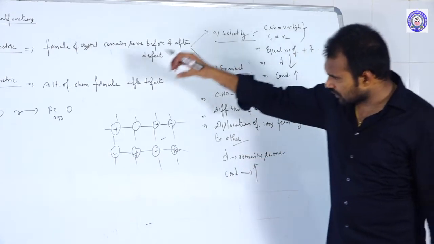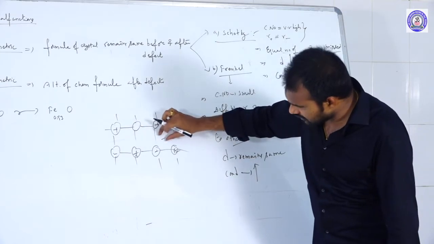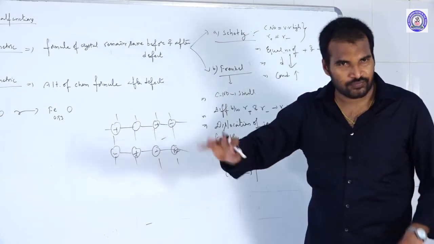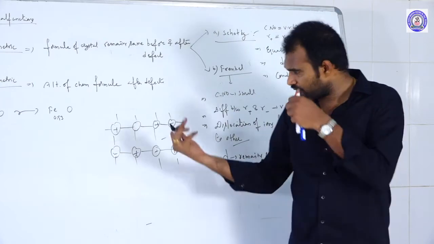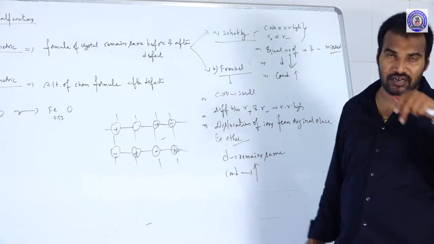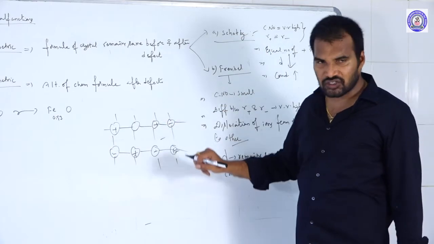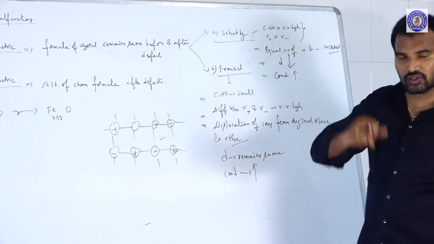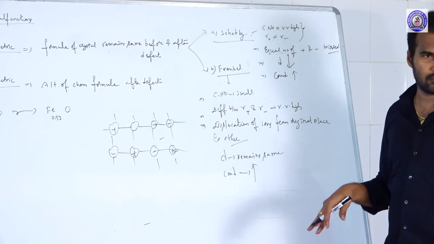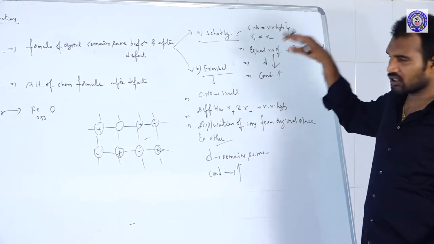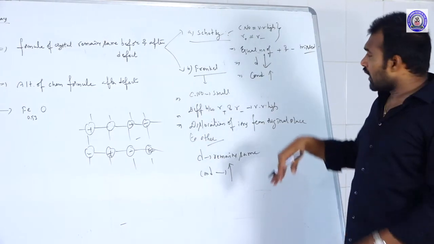What is the reason? The displacement from here to here. So there are free ions, and here holes are formed. New holes are forming and free ions are produced. Because of that, the conductivity will increase. And because of this dislocation, the strength of those solids will decrease somewhat. Okay, so this is about the stoichiometric defects.